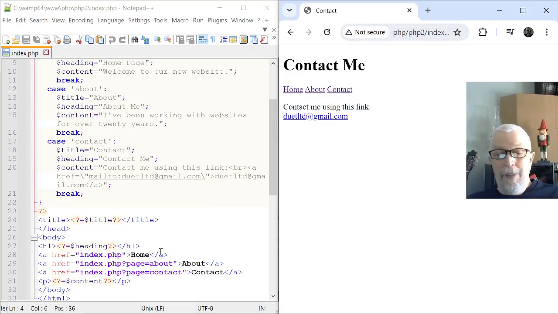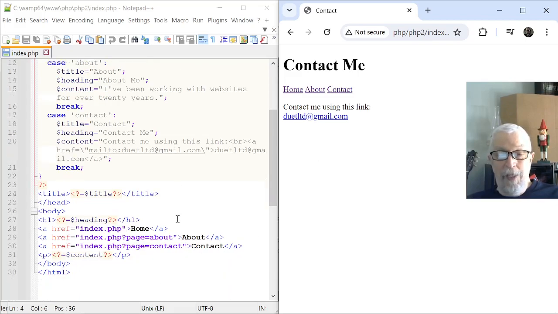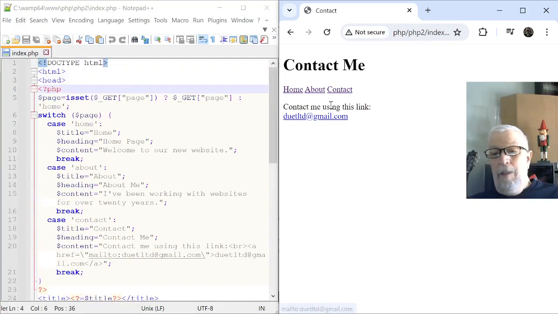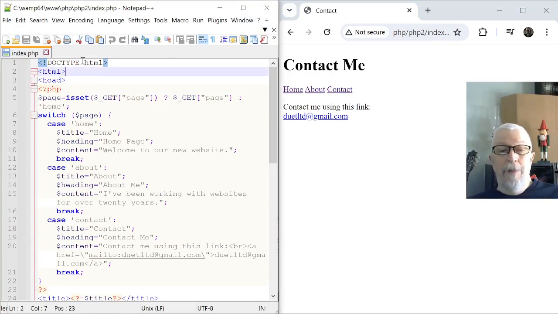This is now being done inside one PHP file. All 3 pages that we had before in HTML are now within the same file. And basically we come down here and it starts out with the doc type HTML, the HTML tag, the